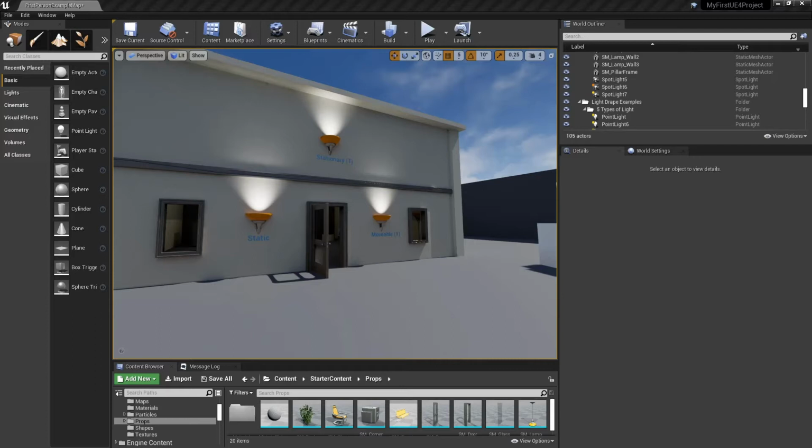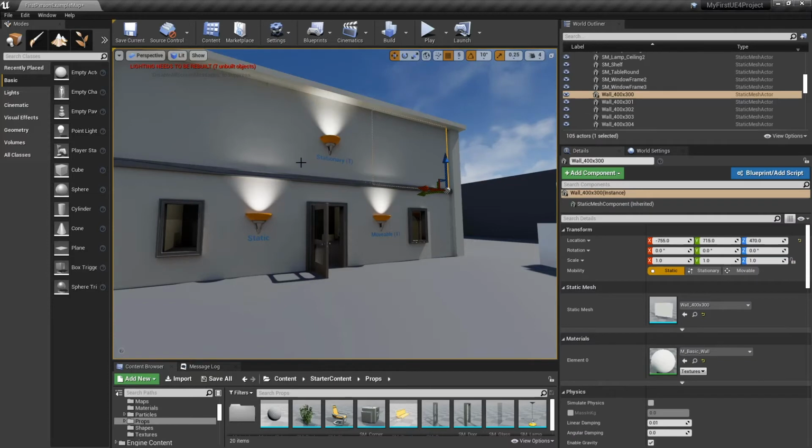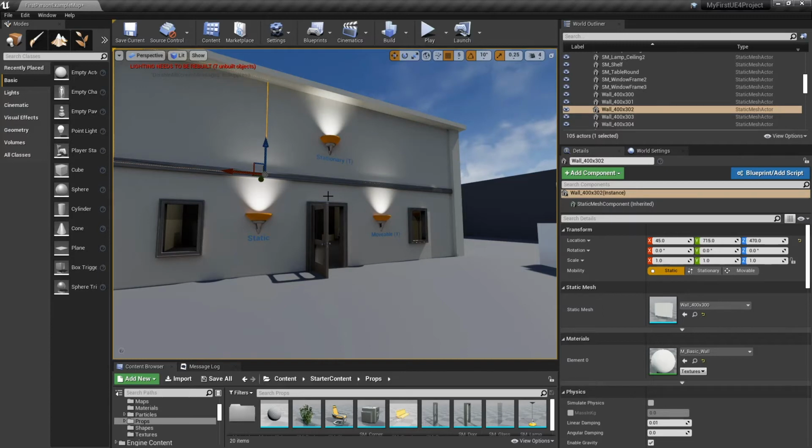In order to get good quality baked shadows, you need to have enough resolution to present them in your light maps. So what is that? The light maps are information that's stored and connected to each of these static meshes. So when you bring in a static mesh, as we've talked about a little bit, you have the choices of setting up your light map resolution, or you can even set it so that the light map imports externally.